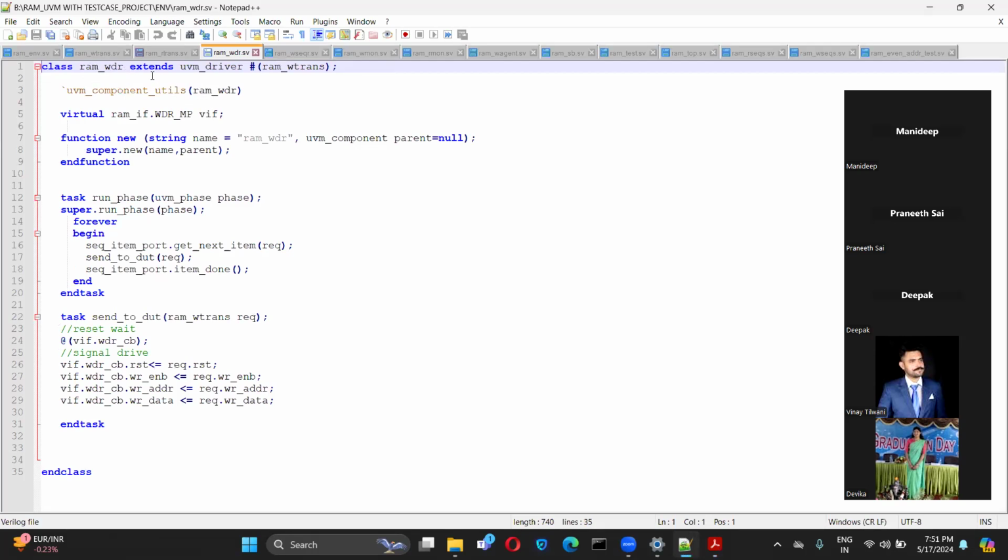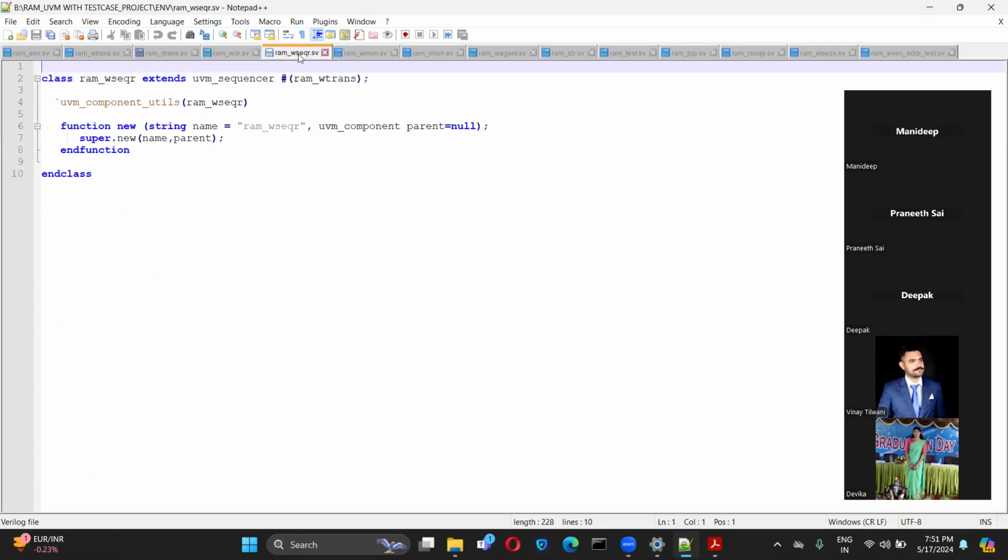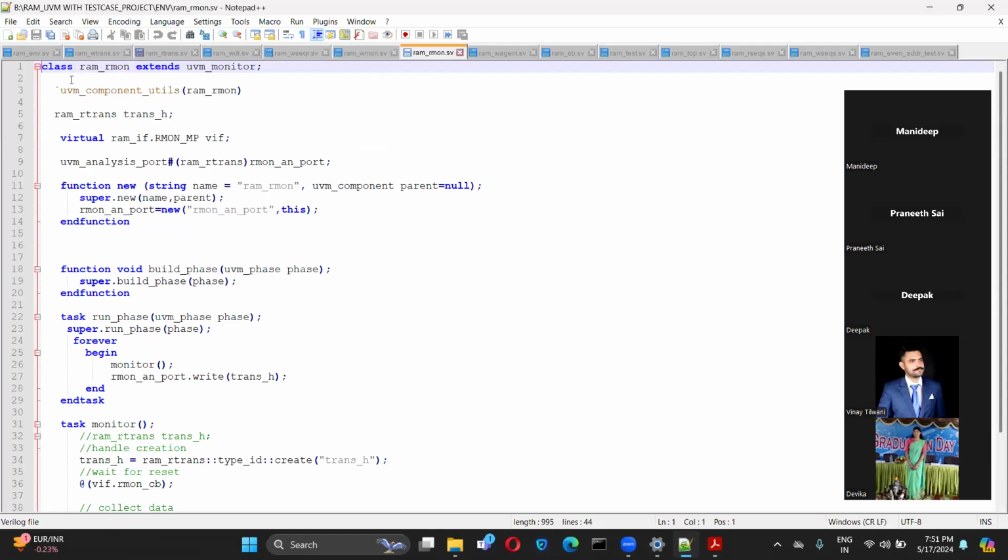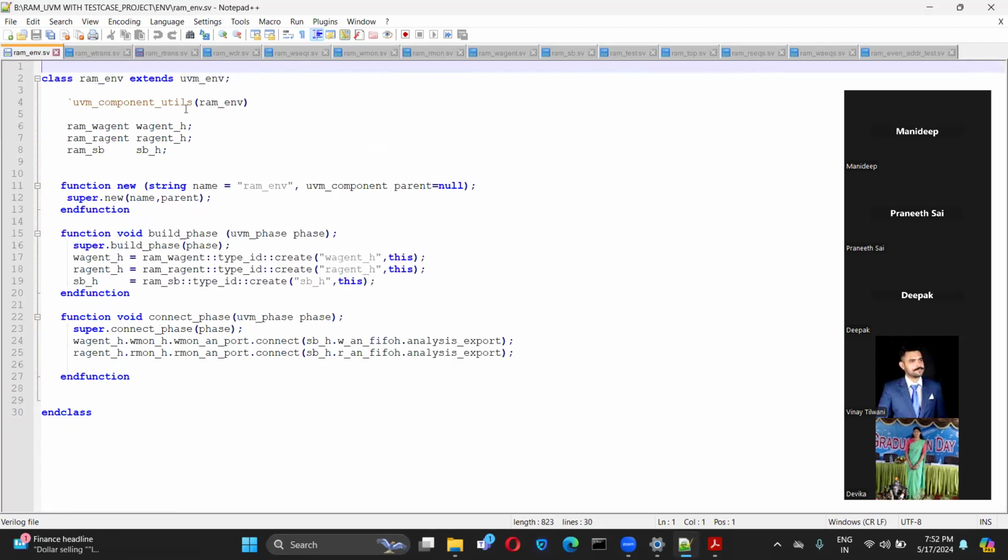With this, you are registering your RAM underscore write driver as one of the components in the factory. And sequencer is also a component. For every component, the first line after the class declaration is this UVM component utils. Every component will have the same thing, the component utils.